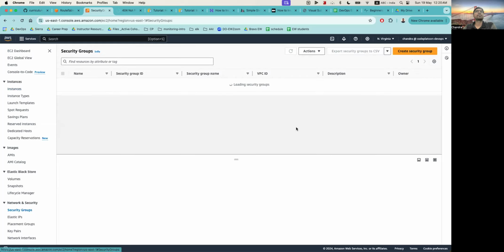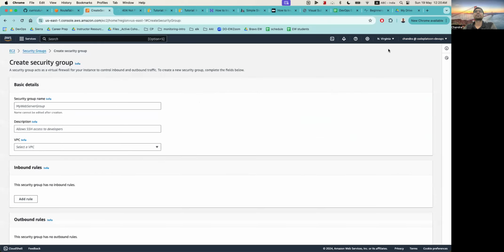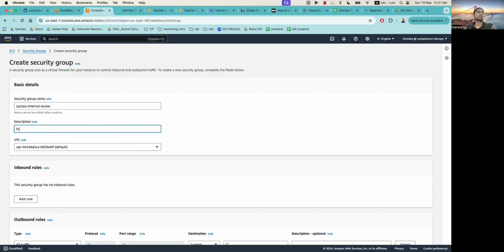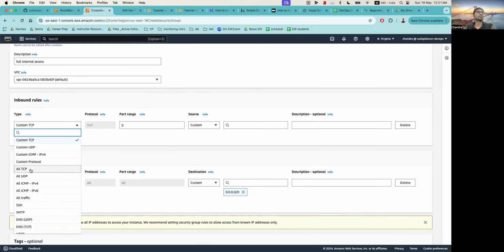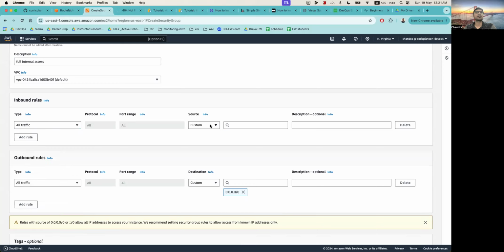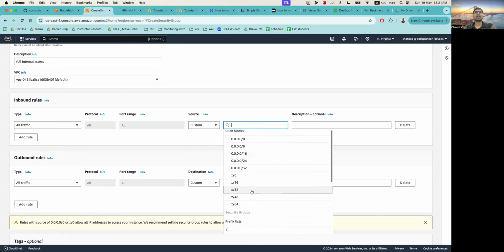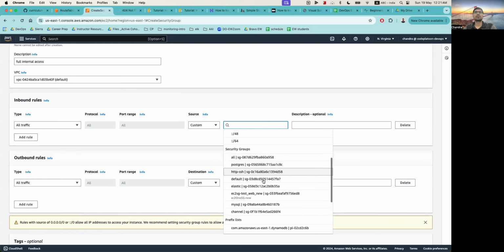A security group, which will allow. Okay, I will explain this step. This is something which I wanted to explain anyway. TCP class, internal access. Okay, for internal access. And what I'm doing is allowing all traffic and giving it from